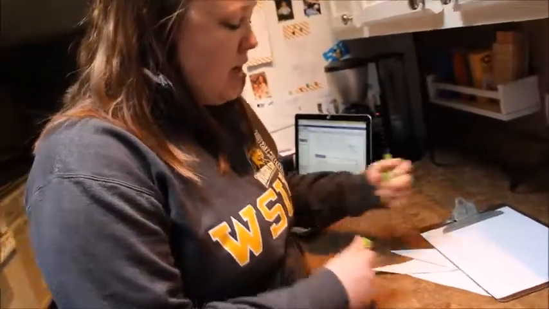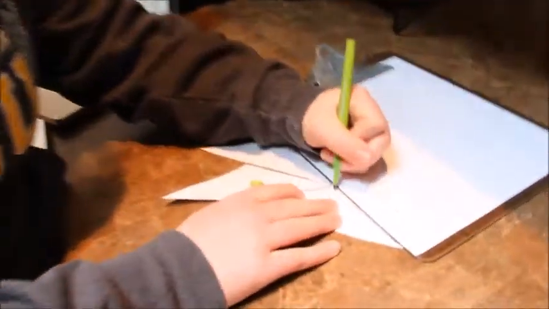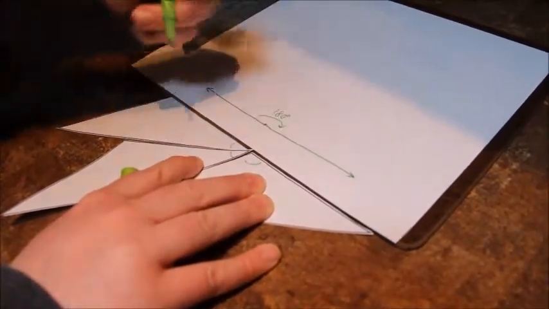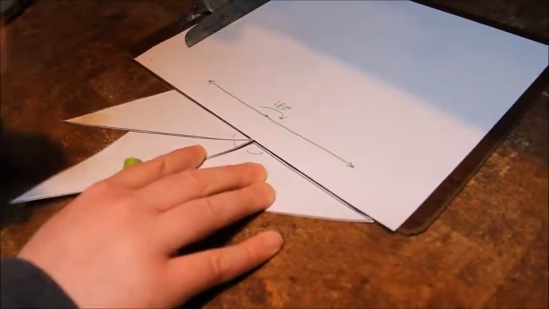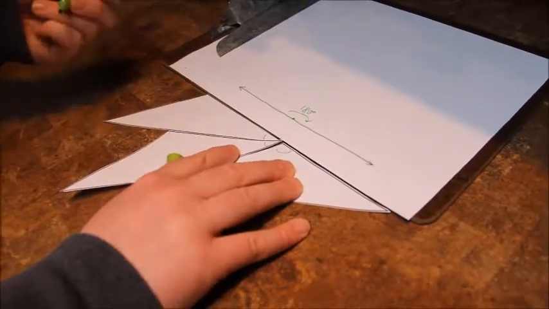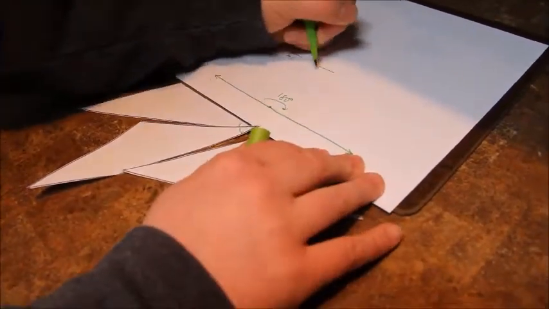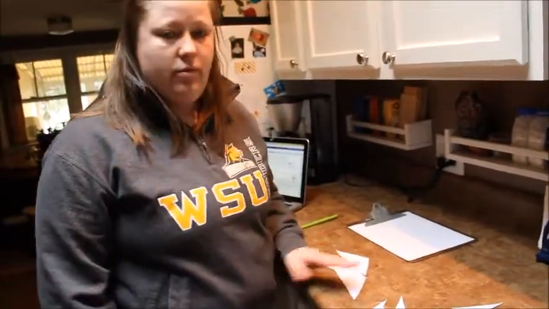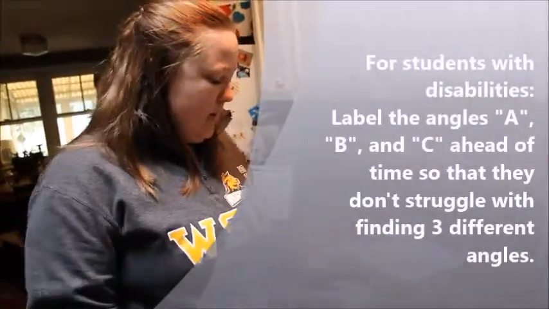And we're also trying to get kids to recognize that this angle plus this angle plus this angle, the three angles that are lined up, are adding up to 180 degrees. Pose this challenge: can anyone find a triangle for me whose angles don't add up to 180 degrees? For students who this might be more of a challenge for, students with learning disabilities or students who struggle with math,